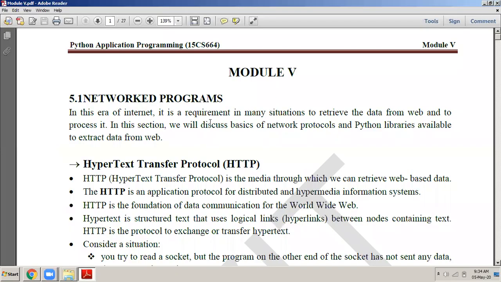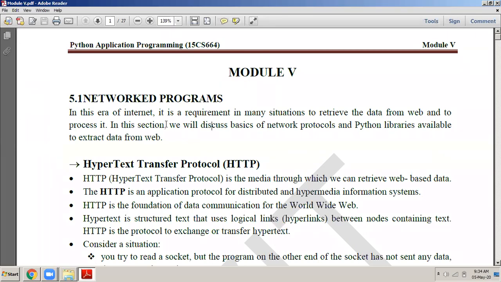So you all know that we are in the 5th module and we have done 1 or 2 things in the 5th module. I will revise that first and then I will start with today's syllabus. So what we have here is we started with the 5th module in which we have studied what is